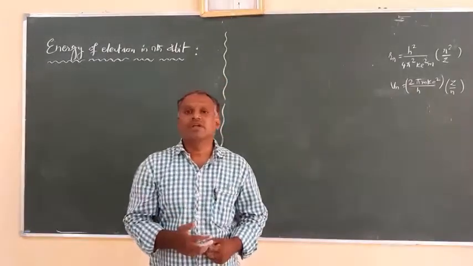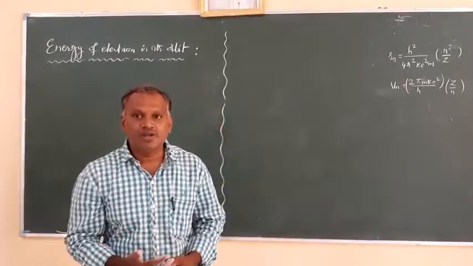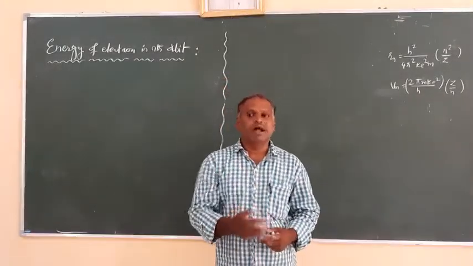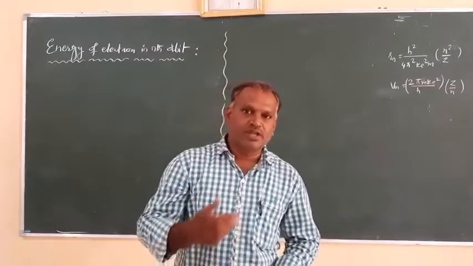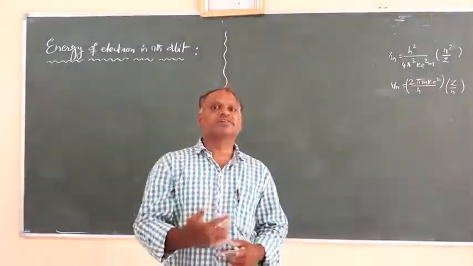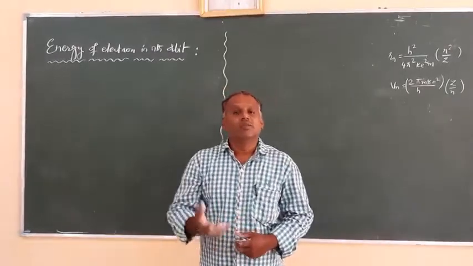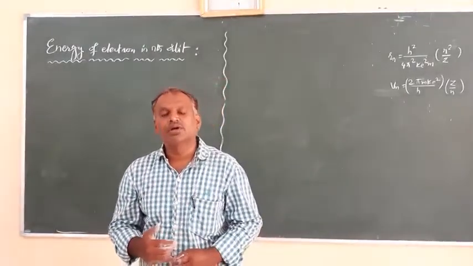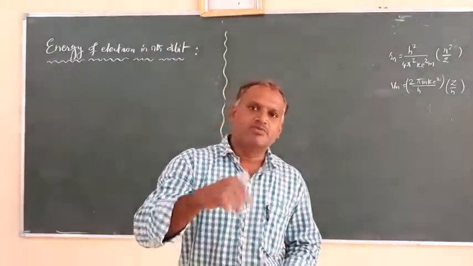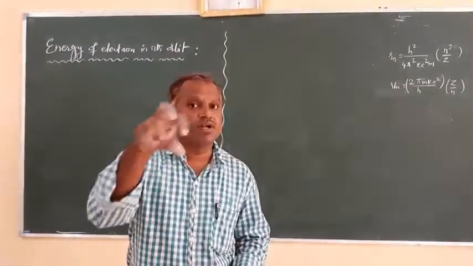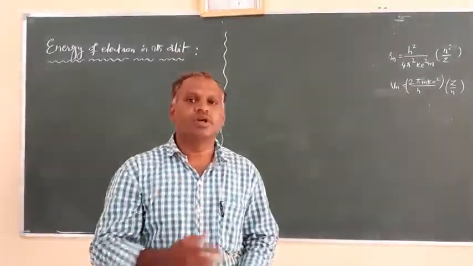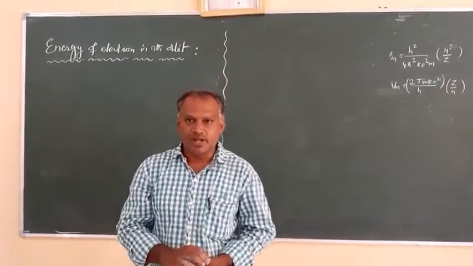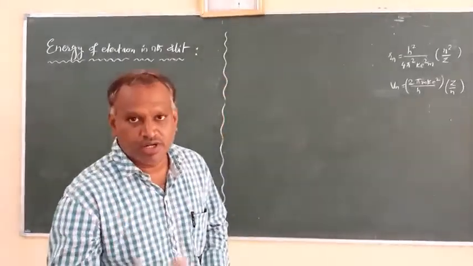In this video we will derive the equation for the total energy of an electron revolving in the nth orbit around the nucleus in any given atom. So we will do the energy calculations in this video. As we already discussed, the electron possesses both energies, and combining them we can get the total energy. Those energies are nothing but potential energy and kinetic energy. So the sum of the potential energy and kinetic energy possessed by that electron in the nth orbit gives the total energy. What is the equation for total energy? We can derive it and observe some information related to these energy calculations.